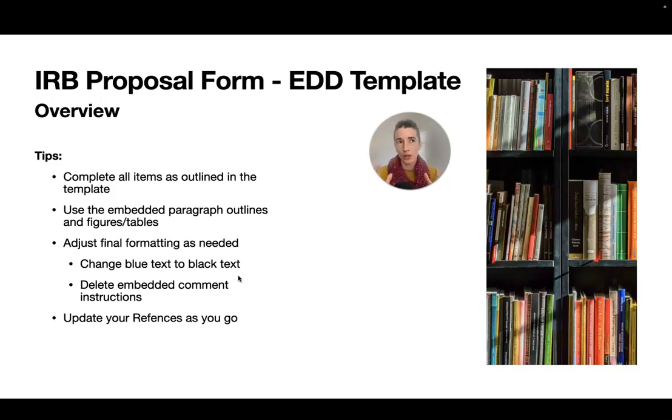There's some text and coaching around those figures or templates that's in blue text, which I colored blue so it aesthetically stands out to you as writing that's associated with the figure or the table right here, and the other text that's in black is the body of your work, the content of your work. You will need to change that blue text back to black text. APA does not like different colored text, so that's just to bring your attention to that. And there's instructions there. And then delete the embedded comment instructions for your final submission.